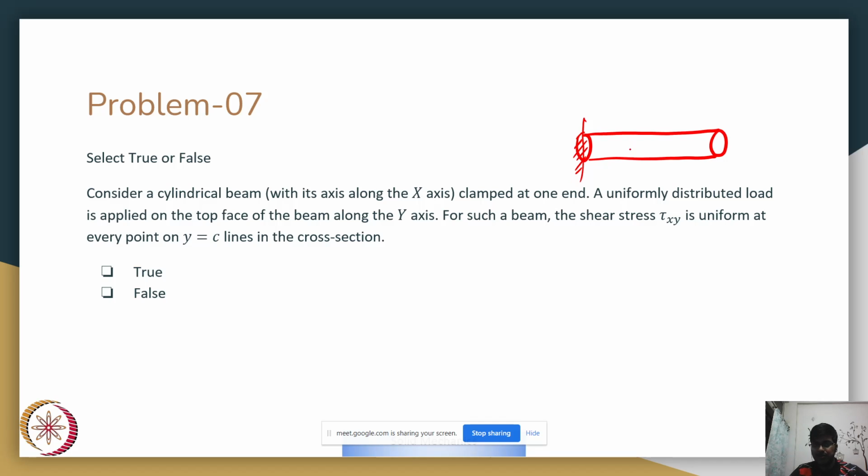A uniformly distributed load is applied on the top face of the beam along the y-axis. I draw a coordinate frame y, x, and z. This is, say, the uniform load